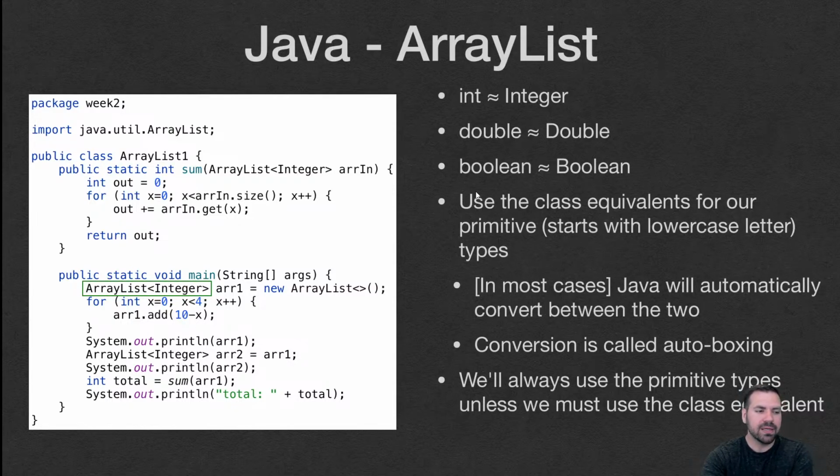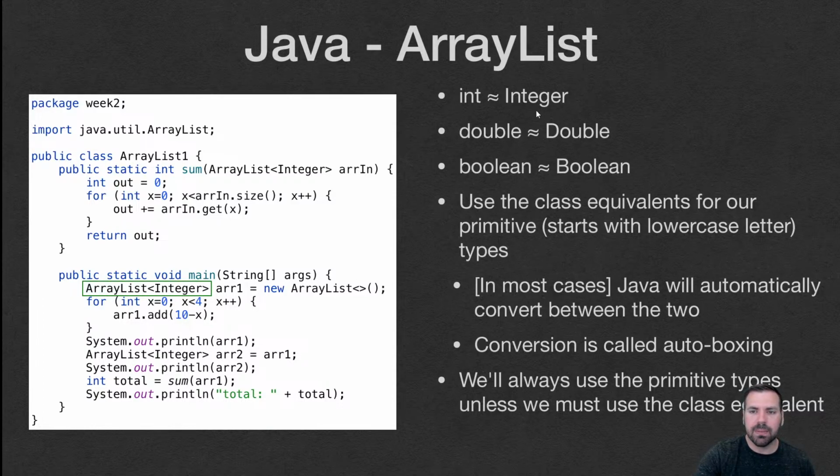Yeah, if you want that array list, you would have to have an array list of Double. Since you have some values that have decimal portions, you would have to have an array list of Double, and then the 0 would be 0.0. It would be auto-converted by Java. The 0 would be auto-converted to a double when you created that array list. So